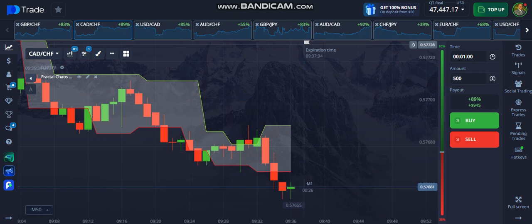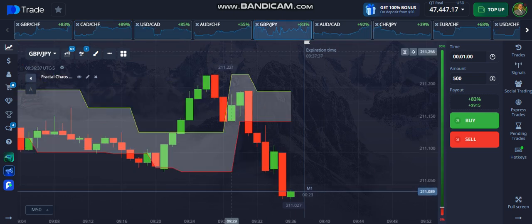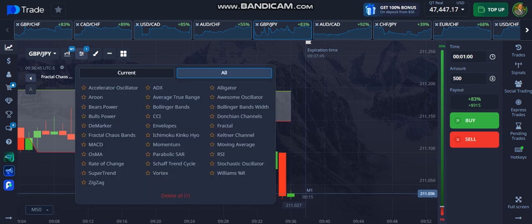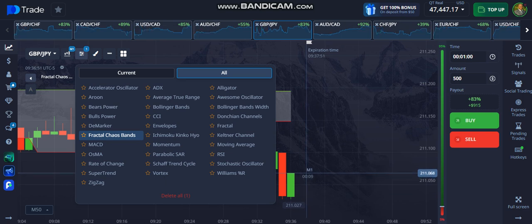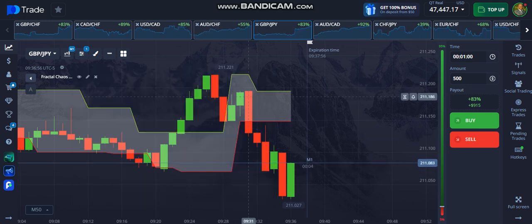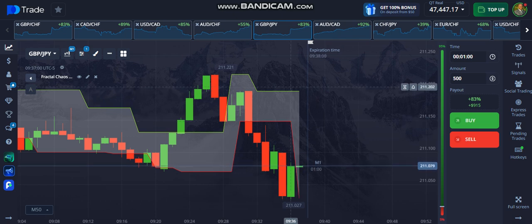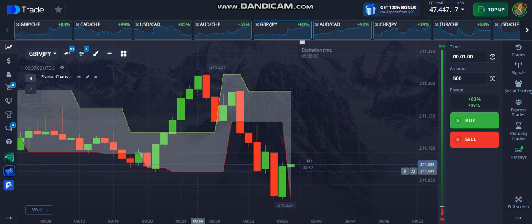So today I'm on the Pocket Option platform and I'm going to be trading regular currency pairs utilizing one indicator here. And that indicator, if we click on the indicator icon here, is known as the Fractal Chaos Bands indicator. Okay, so when we pull up the indicator here, we see a green line and a red line and a lower red line here. The green line represents a dynamic level of resistance,